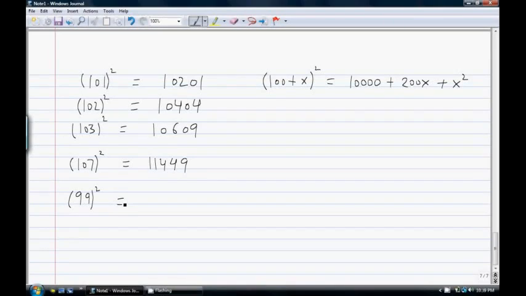Then 1 times 2 is 2, so I will subtract 2 from 100, that will be 98, and then take the square of 1, that is 9801. Similarly 98 square will be